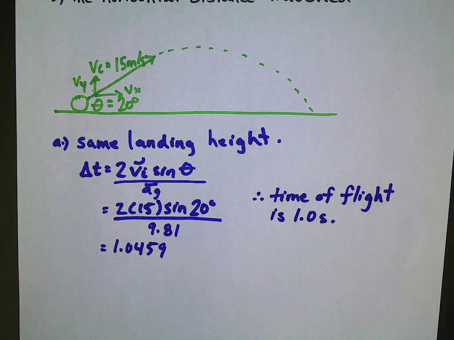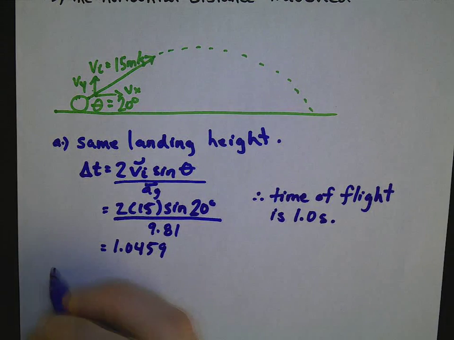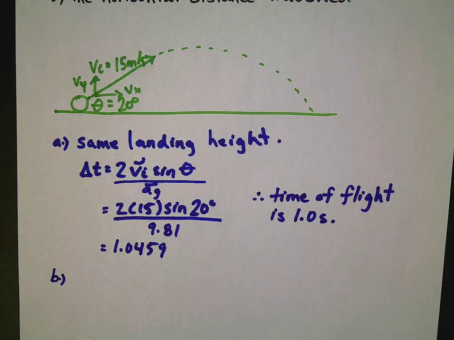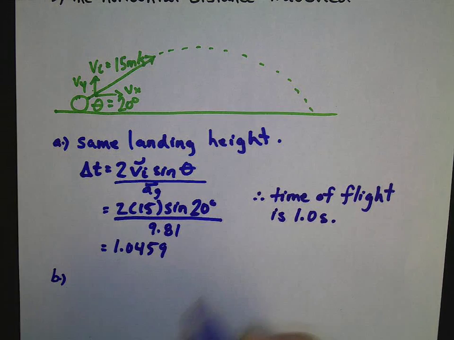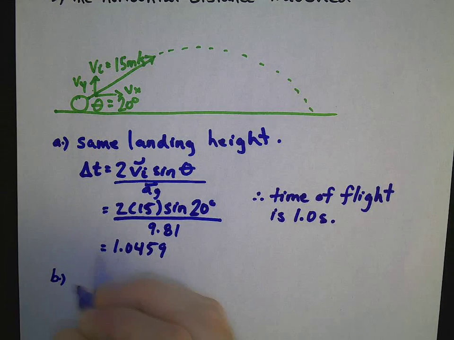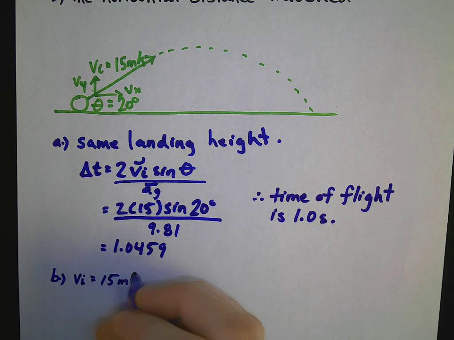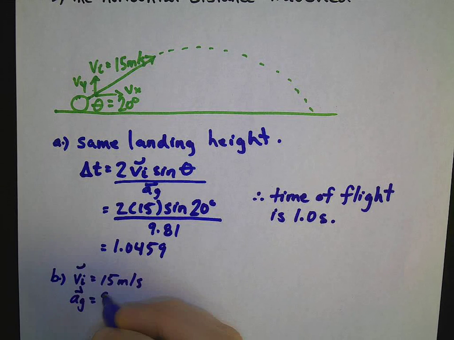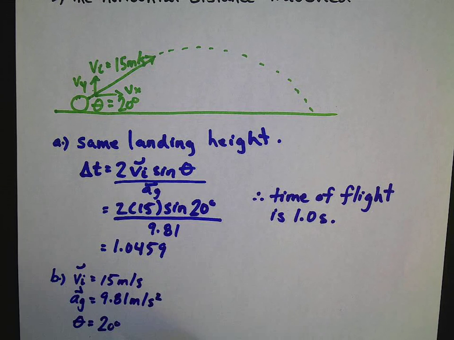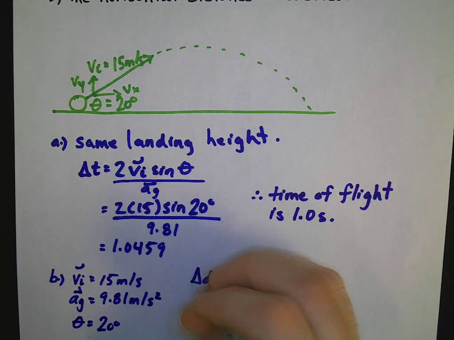And we can determine our horizontal distance very similarly. Same landing height as our initial height. So I know that my initial speed, again, is 15 meters per second. My acceleration due to gravity, 9.81 meters per second squared. And theta is 20 degrees. So my displacement in the x direction